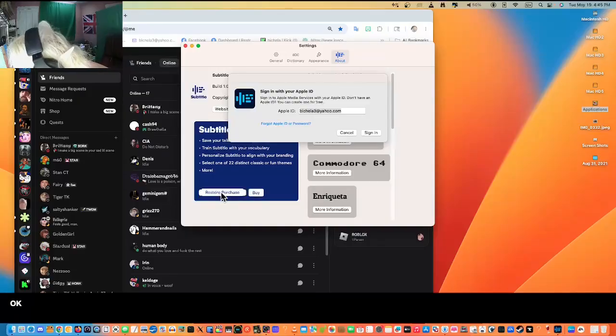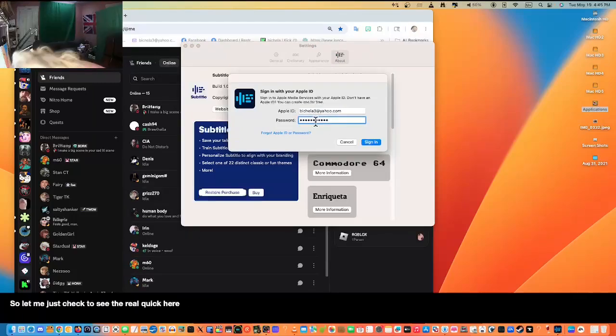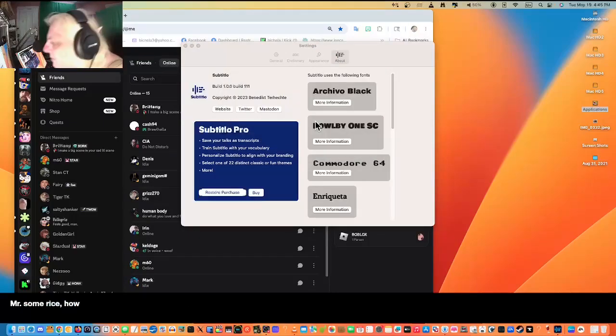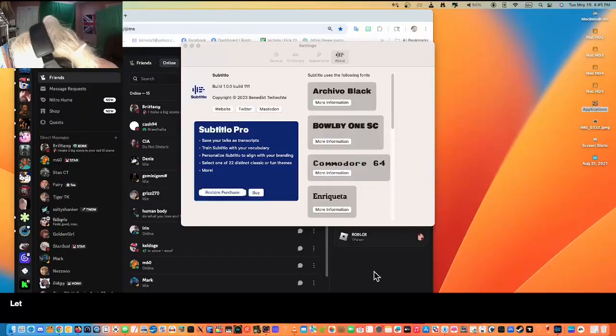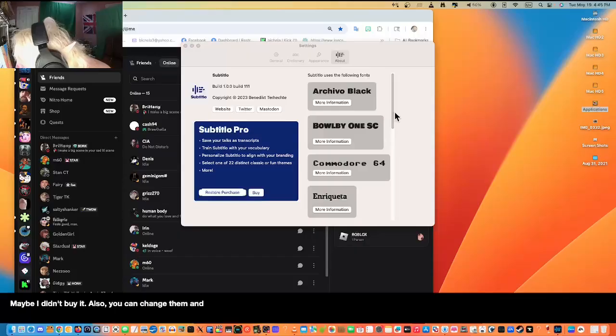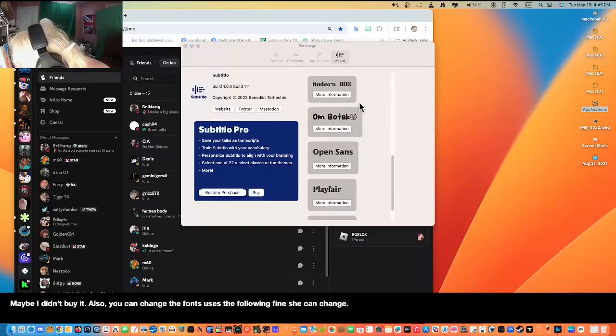Okay. I wanted to see if I actually did buy this. I think I did. You'd be surprised how many programs I bought over the years. Maybe I didn't buy this. Okay, anyway, also you can change different fonts. Uses the following fonts. You can change